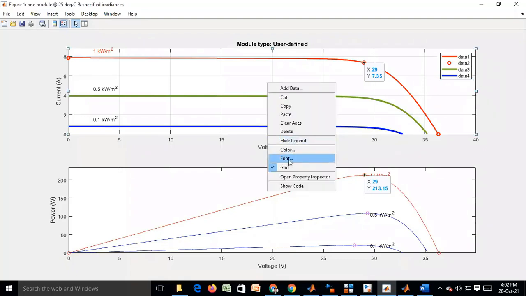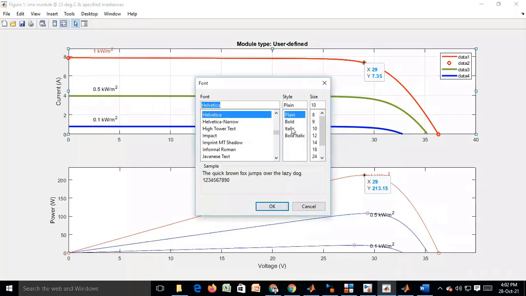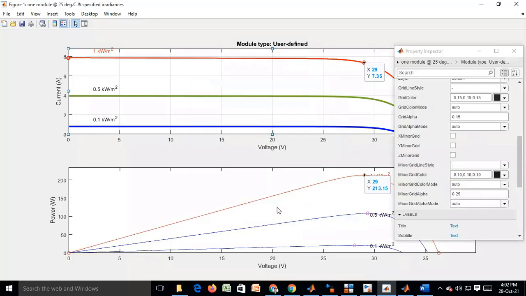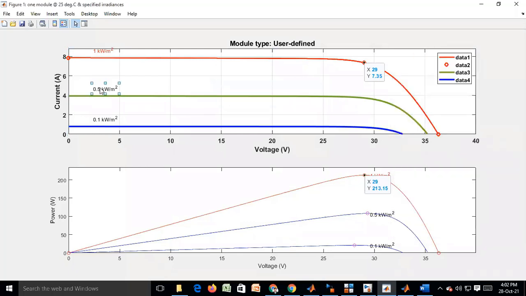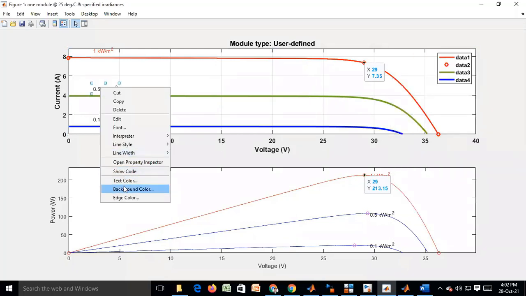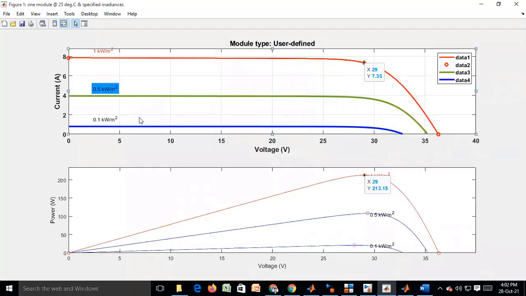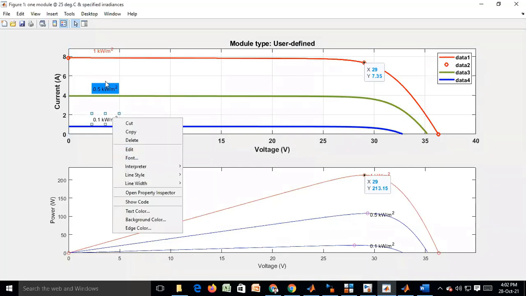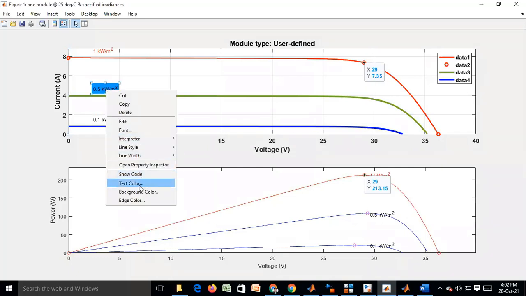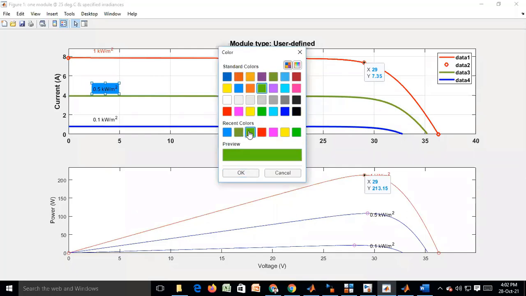Then the font. Even the background, if you want, you can change. If you want to do anything particularly for these particular values. So this is in this color.